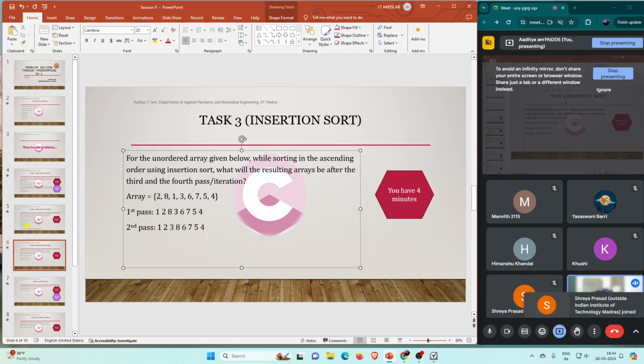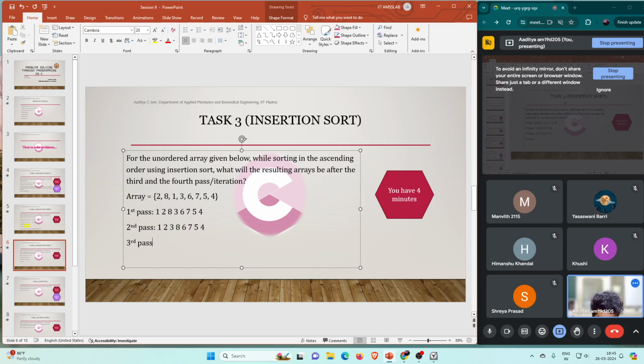Now the next number is 6. This 1, 2, 3, 8 is in the right order, in ascending order. Now I'll see 6. 6 is less than 8, so 6 will be here. I'll just keep comparing backwards, whether it is less than or greater than the number. If I hit a spot where it is greater than some number, I'll just stop there, because the numbers to the left of that will definitely be less than that. So 6 will get inserted between 3 and 8. So the third pass will give me